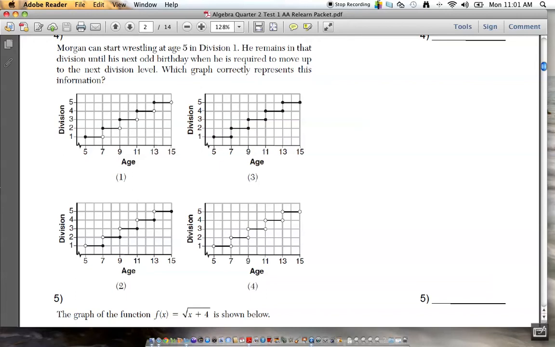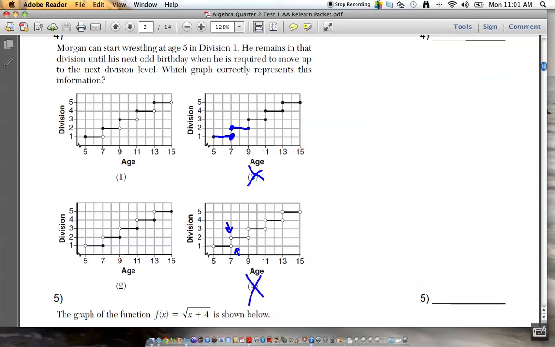Let's look at choice 3. He starts here on his 5th birthday. On his 7th birthday, it says he's in the 5th division because the circle's filled in. And he's in the 7-year-old division. You can't be in, or I'm sorry, Division 1 and Division 2. You cannot be in Division 1 and in Division 2 at the same time, so choice 3 doesn't work. Choice 4 doesn't work because if you notice with these open circles, on his 7th birthday, he's in neither division,